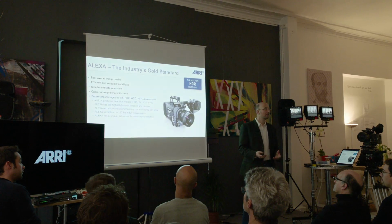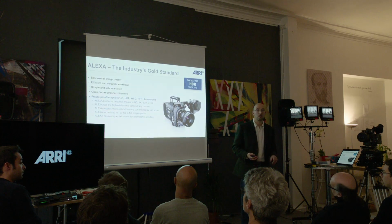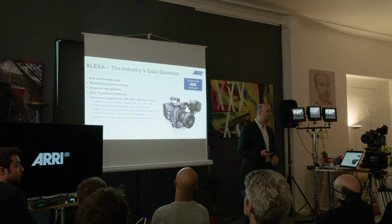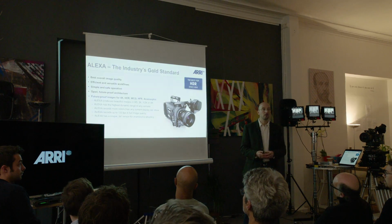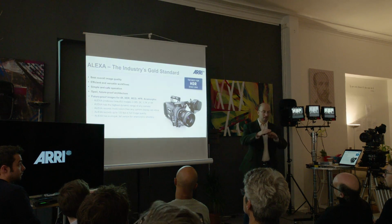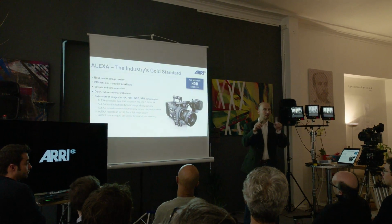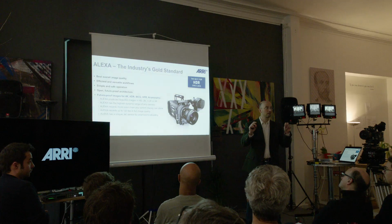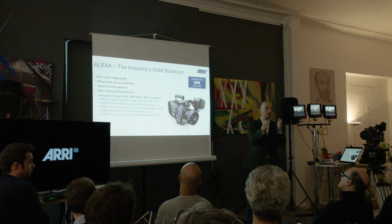But the Alexa still is the best camera for all the new technologies, for high dynamic range, for 4K, for high frame rate, wide color gamut, and anamorphic shooting. In fact, for anamorphic shooting, the Alexa is a unique camera because it has a very tall sensor. Most other cameras have a 16:9 sensor or even wider sensor. So if you want to shoot anamorphic, you need to take a portion out of the center, and that becomes